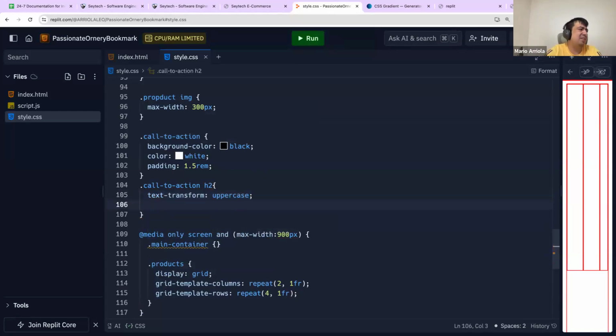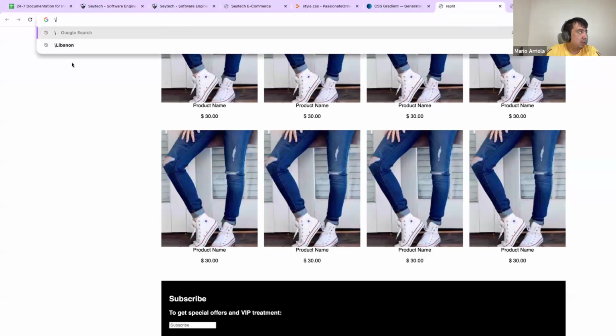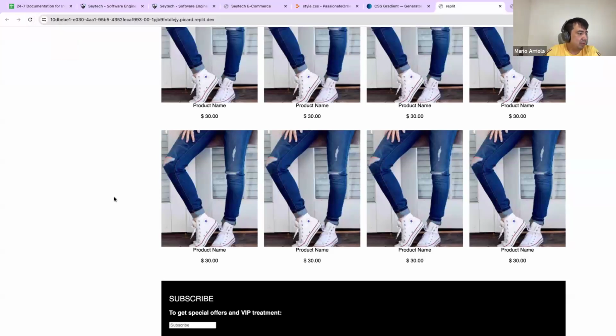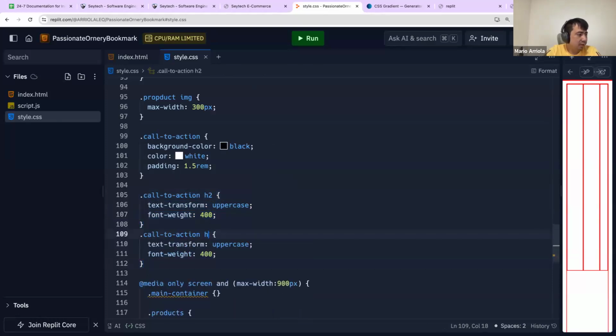It's completely unnecessary in this case, but I just want to throw it in. Font weight, let's say 400. And just to make it right, then the other call to action